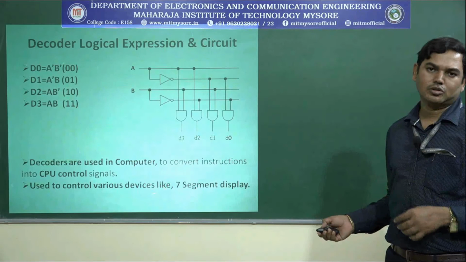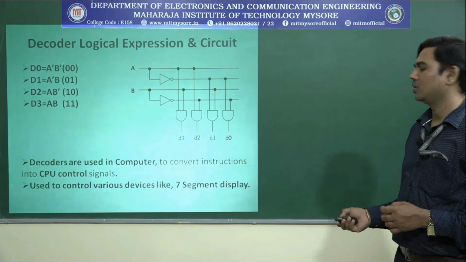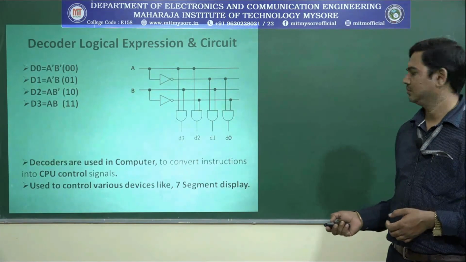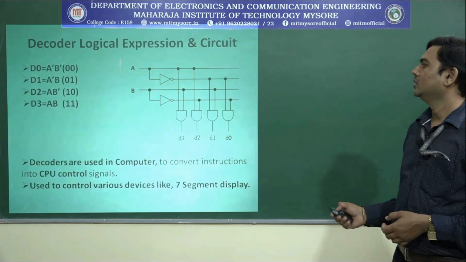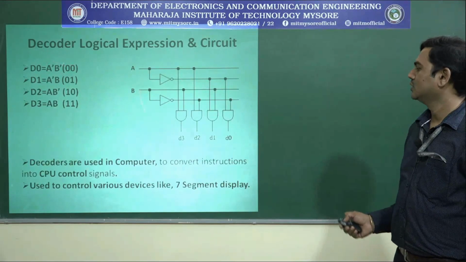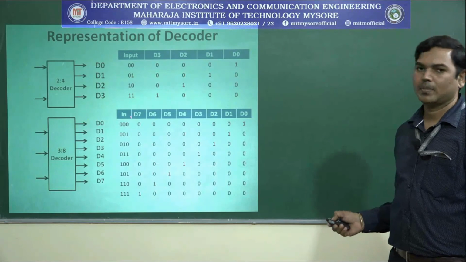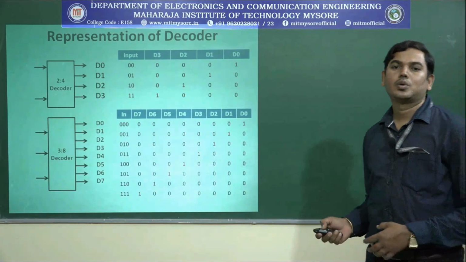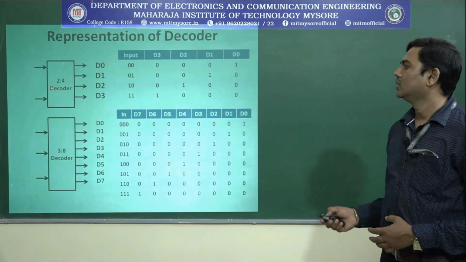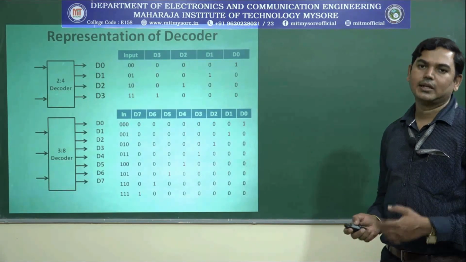We have also used a decoder IC to control the illumination of a 7-segment display in the previous semester. So, this is about decoders, their logic equation, circuit, application and function table. We will see how to generate the netlist for the 2:4 line decoder and the 3:8 line decoder in the lab session.